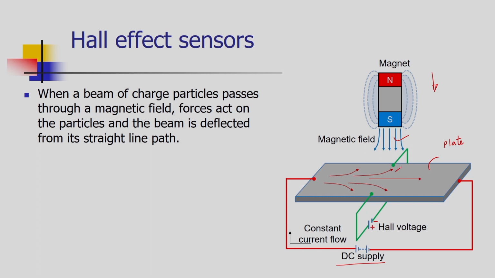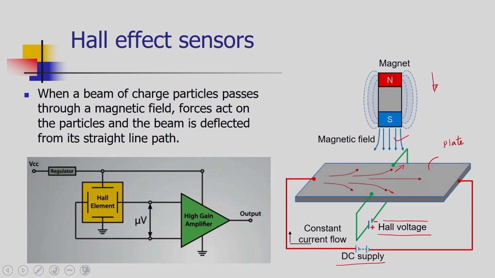The charged particles will deviate their path, and due to this deviation, a certain voltage will be generated across the movement of the passage. That small voltage generated is called the Hall voltage across the passage of the current. It is very small, in microvolts, and that microvoltage can be utilized for our decision making. If we put this magnet on the object, as the magnet comes near this charge plate, we can easily detect the movement of the magnet. In this way we can use the Hall effect principle for proximity sensing.